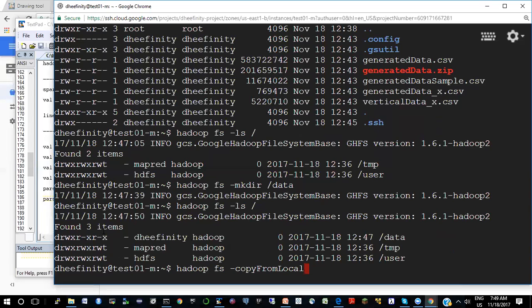And when you put a file like this, like what I'm doing now, I'm saying copy from local. That means copy from this local file system to HDFS. This is the file to be copied, and copy it to the data folder. When I do this,